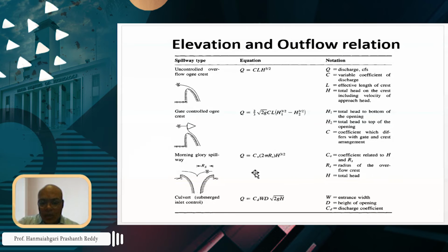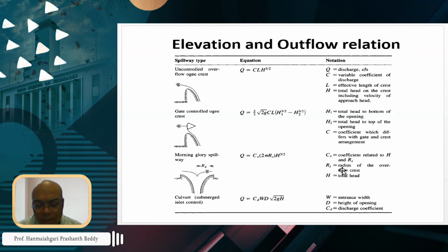Okay. Then the other type is the morning glory spillway. For this, Q = C0 · 2π Rs · H^(3/2). So by knowing the radius of this morning glory spillway,